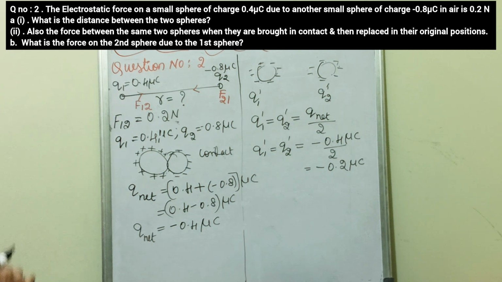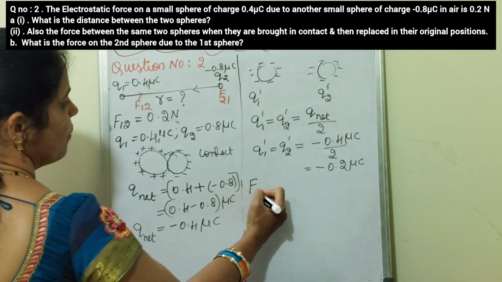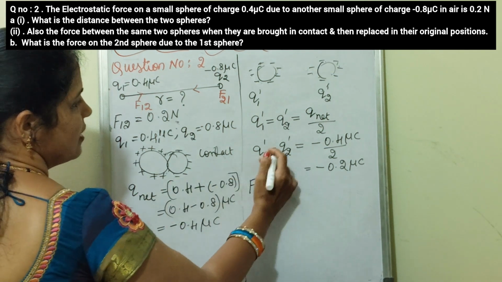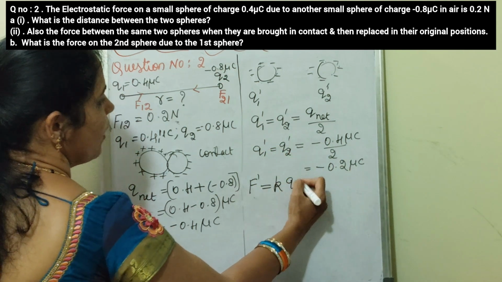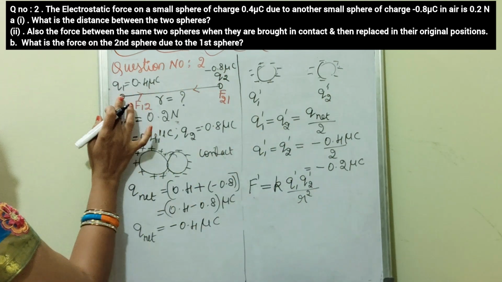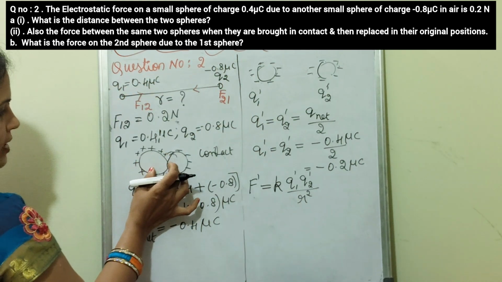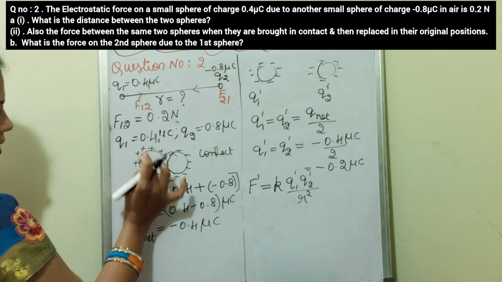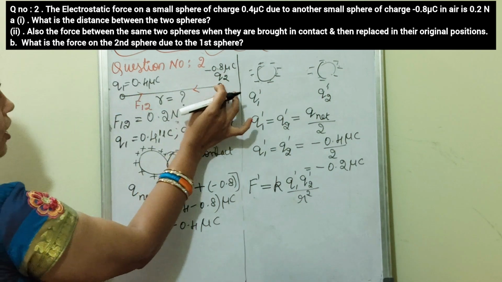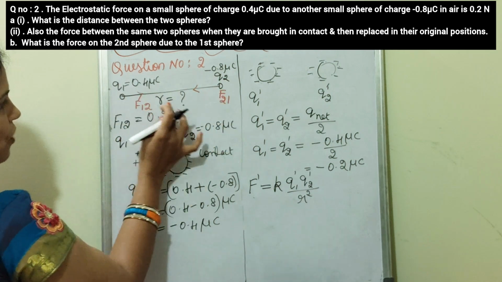The question is, what is the new force between the two spheres, right? So let us use the formula. F, I'll write it as F dash, okay? F dash is the new force between these two spheres, which is constant times q1 dash, q2 dash, over the distance squared. The distance is the same because both the spheres are placed at the same distance. After they come in contact, the total charges are shared among these two spheres and they are separated by the same distance. Now they are placed in the original position.